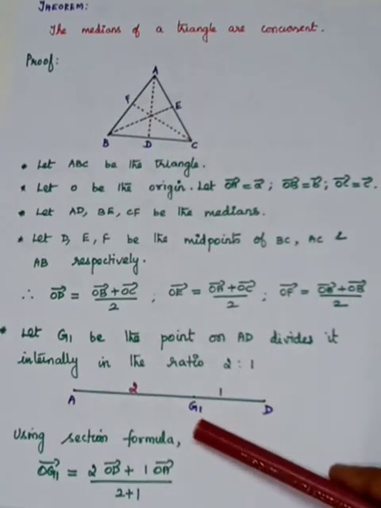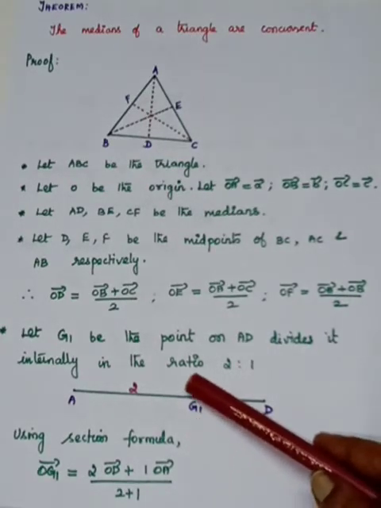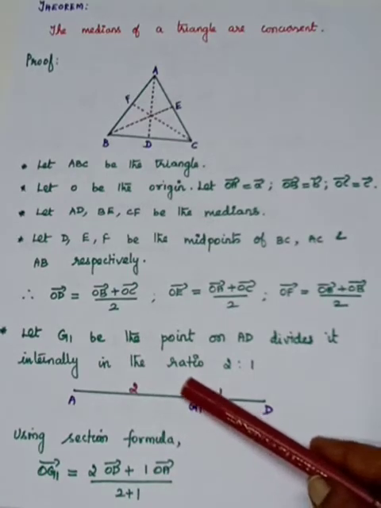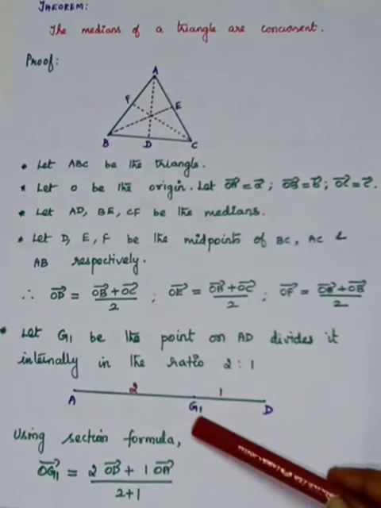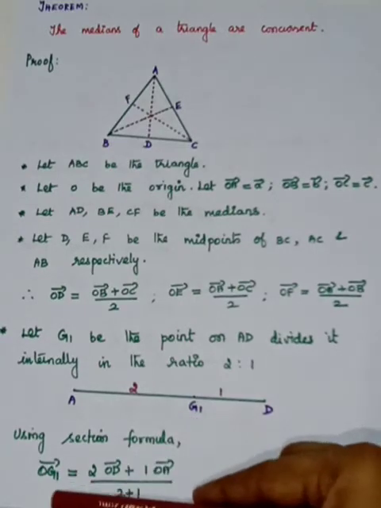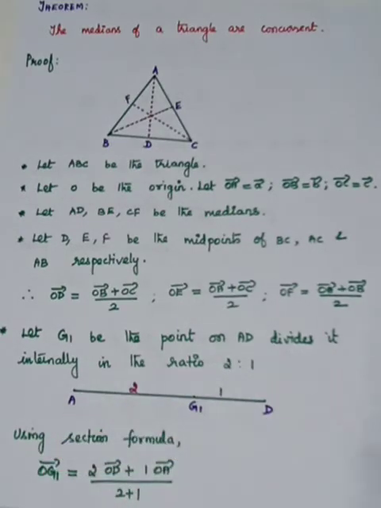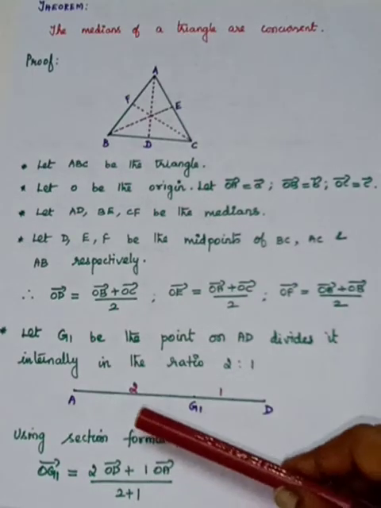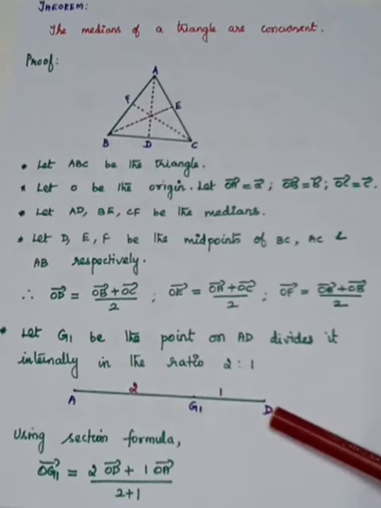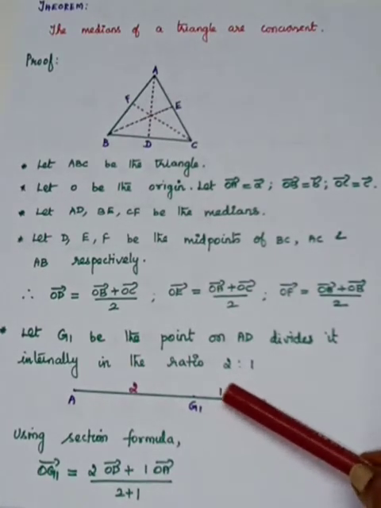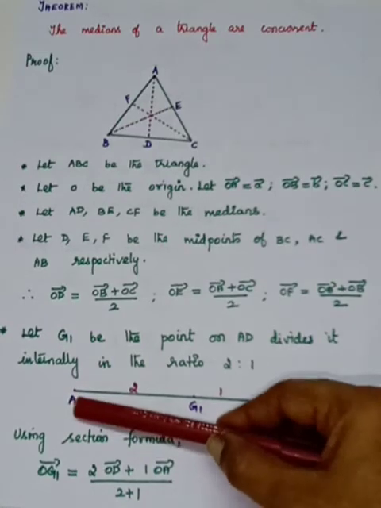So using the section formula, we are going to find the position vector of the point which divides AD. Which point divides AD? G1. So we are going to write the OG1 vector. So how will it be? Take this ratio: 2 into OD vector, since D is there, plus 1 into OA vector divided